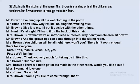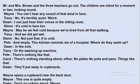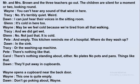So many children they were having there with them. Then they took it as their pleasure, and they even offered tea. They said, would you like to have a tea? It's being prepared in the other room. And the teachers went along with them to the other room, and the students sat there comfortably in the room itself. Then Mr. and Mrs. Brown and three teachers went out, and the students, as said, were just looking